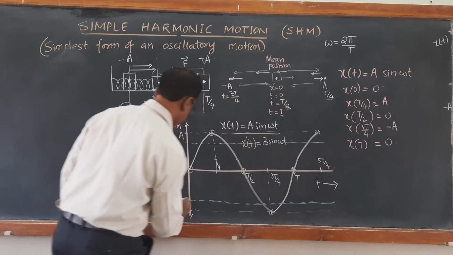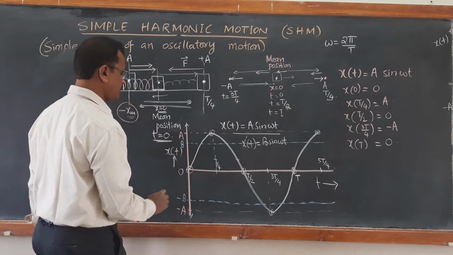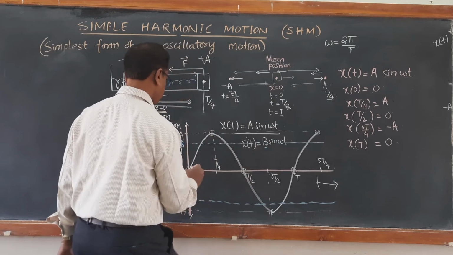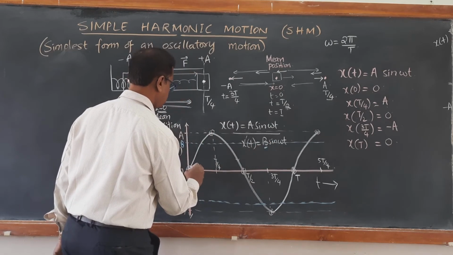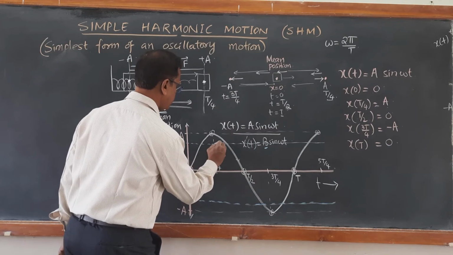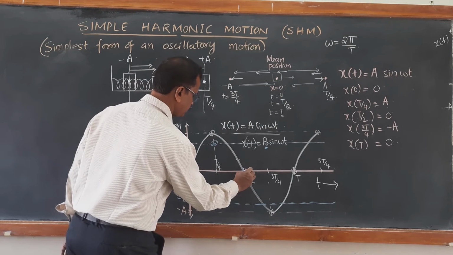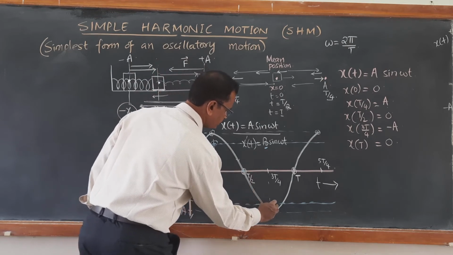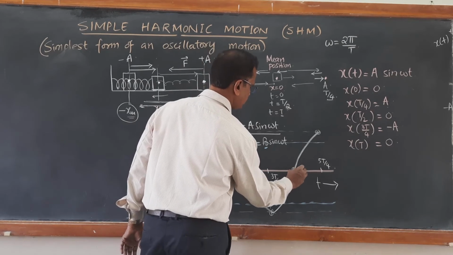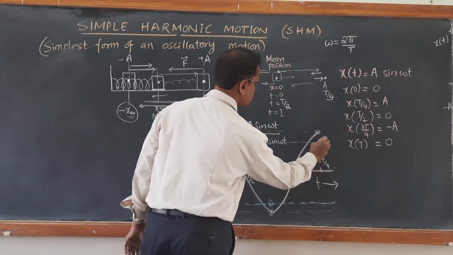We will represent this as plus b, minus b. So if you draw the same curve for this amplitude b, now it will start oscillating in the same manner. See, at 0 it will be here, and at T by 4 it will be at plus b, and at T by 2 it will be 0 again, and at 3T by 4 it will be at minus b, at full T it will be 0, and at 5T by 4 it will be here at plus b.